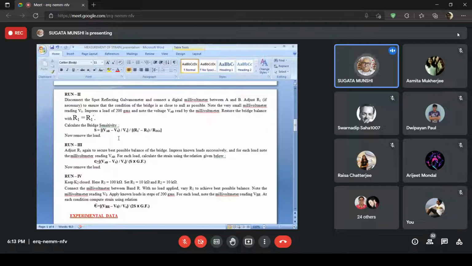That is due to pickup from environment. So that value has to be subtracted. That's why V0 is there. There is no other reason why this V0 should come in. All right. It should have been ideally VAB by VS, that divided by R1 prime minus R1 divided by RSG1. যে কোনো প্রশ্ন থাকলে আমাকে জিজ্ঞেস করো।